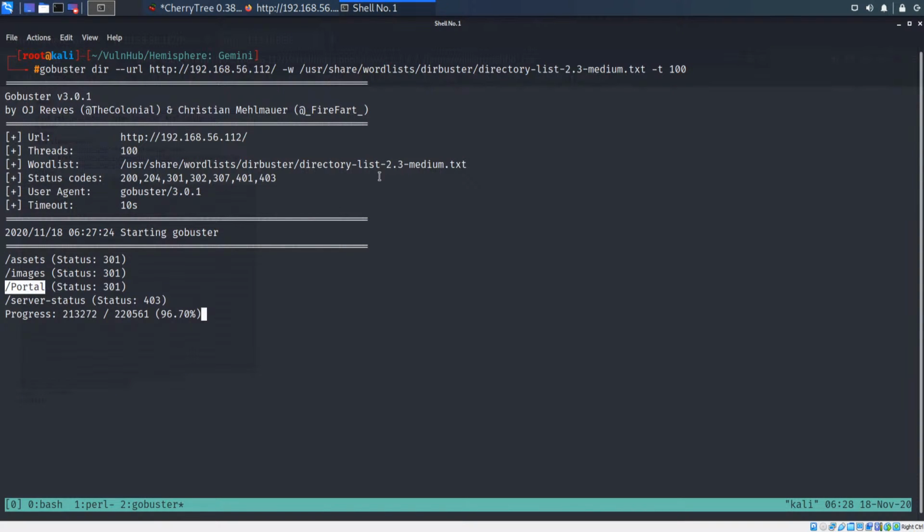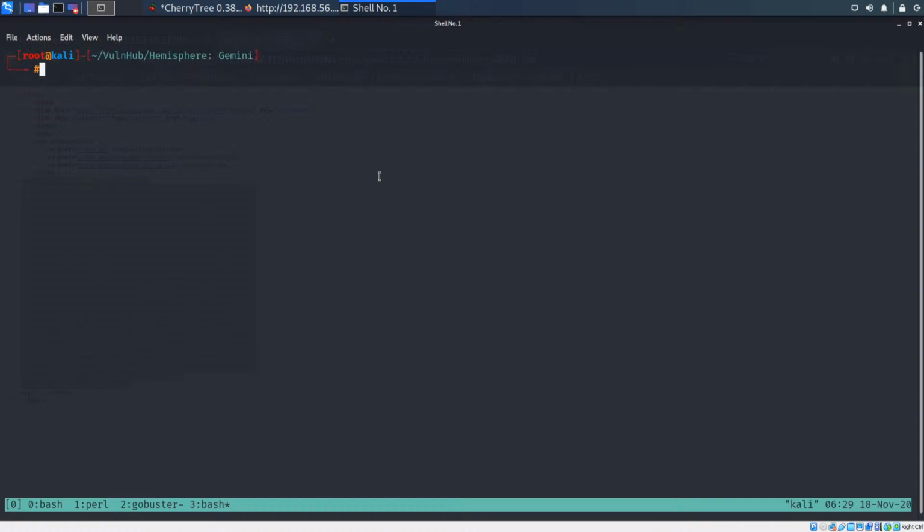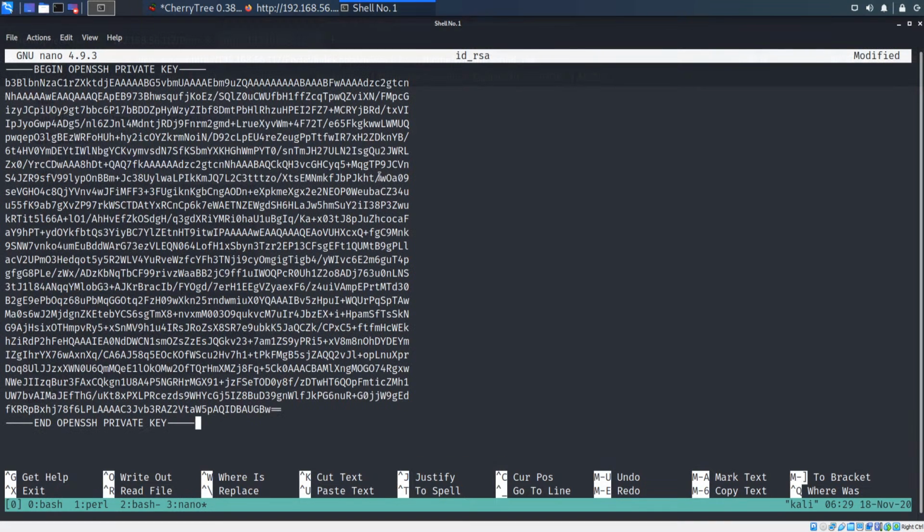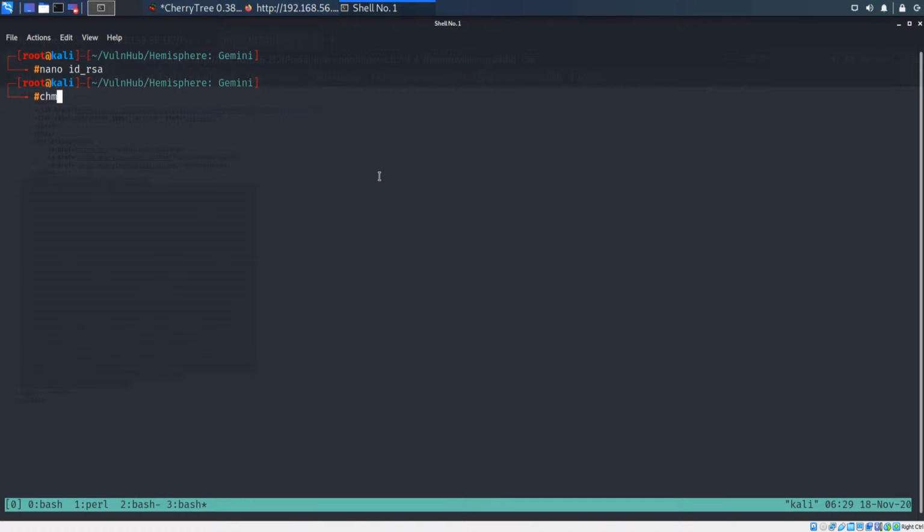Go back to the terminal. Let me create a new pane, and here I'm going to create id_rsa, paste it, save it, and first of all we need to change the appropriate permission. Here I'm going to give 600 for that, and SSH with -i to specify the id_rsa key, and William